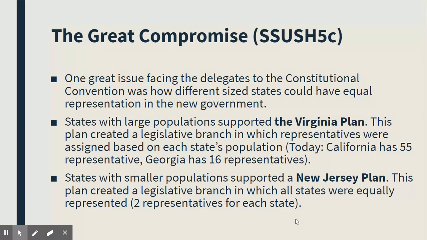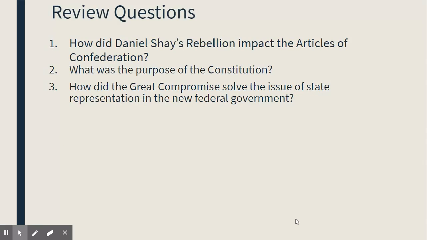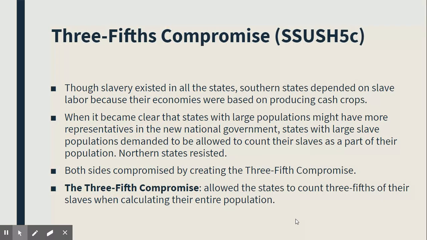Number 8, how did the Three-Fifths Compromise solve the issue of state representation in the new federal government? Now, with the Three-Fifths Compromise, Virginia all of a sudden, out of nowhere, wanted to count their slaves as part of their vote. Now, does that work? No, it shouldn't, because apparently they never counted them as people before. And so now that they want to count them as people, the smaller states say, well, that's not fair. You can't count them as a full vote because you don't even count them as human beings most of the time. And so, of course, they get mad, but the government wants to keep the peace.